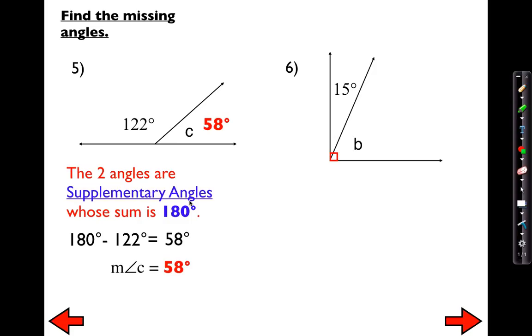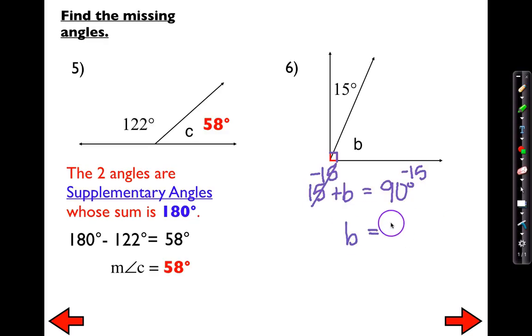Once again, go ahead and pause the video and try number 6 by yourself. Okay, so for number 6, you should have set it up as 15 plus B equals 90. Why 90 degrees? Because this symbol here means it's 90, so we know that these are complementary. So we're going to do the inverse operation by subtracting 15 from both sides, leaving us with